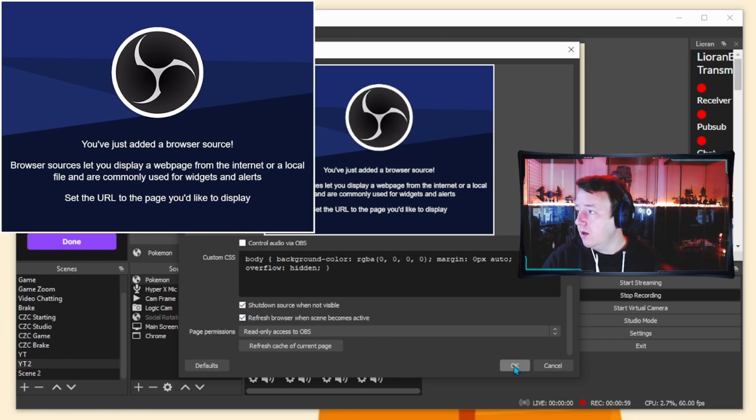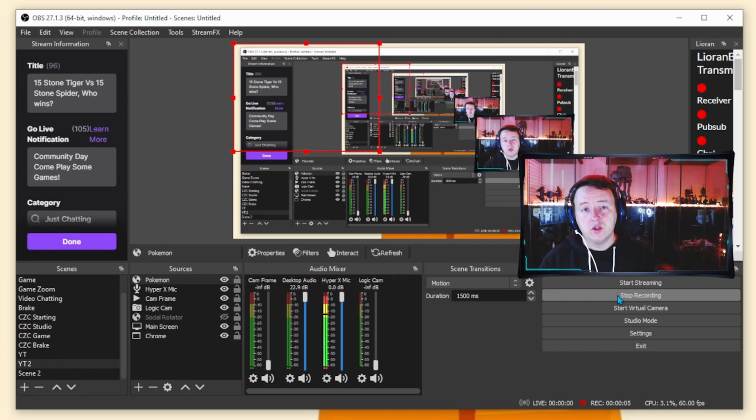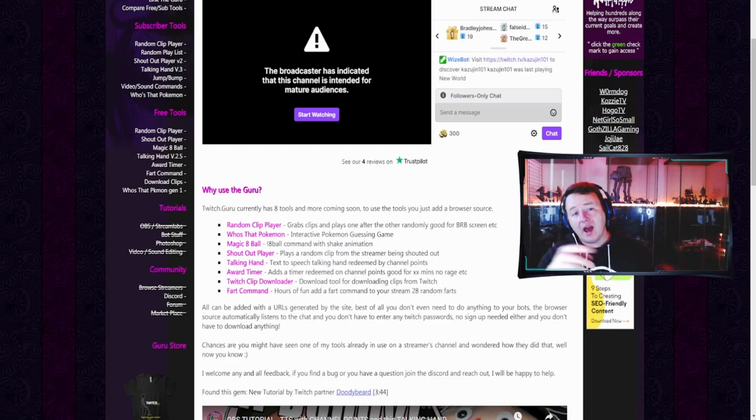Then once you've done that, you press OK. And then there it is. It will appear in this box that's highlighted here whenever you activate that Pokemon challenge, that Pokemon game. So that's how you add in browser sources to OBS. That can be applied to any website that requires a browser source to be inputted in order for activation onto your Twitch stream. So now we're going to go and take a look at the talking hand, because again, there's